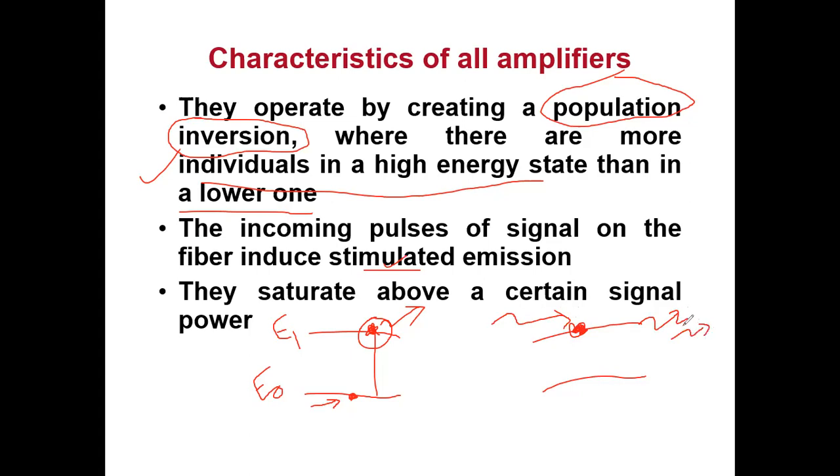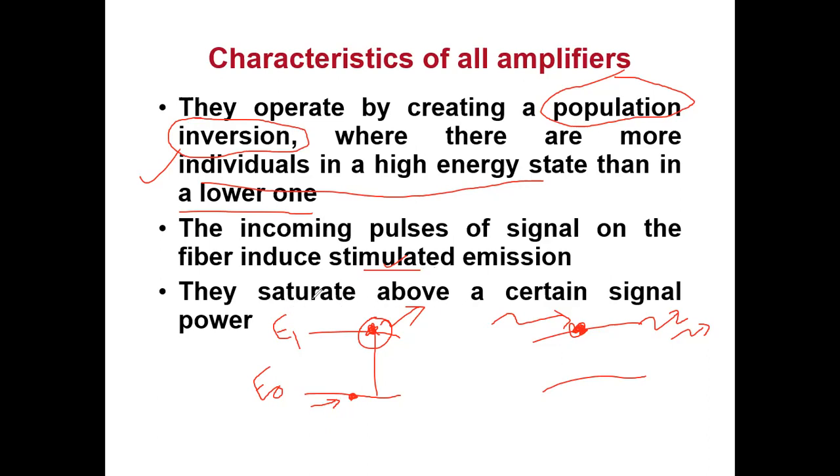Similarly, this two photon is already in the excited state. So these two photons will again strike and excite two more photons, and produce more. It is a chain that happens, and I get more photons only with stimulated emission. So any optical amplifier, मुझे amplify करना है, so I have to stimulate that signal, stimulate the photons in this case. So it should work on the principle of stimulated emission, but the limitation of an amplifier is that they